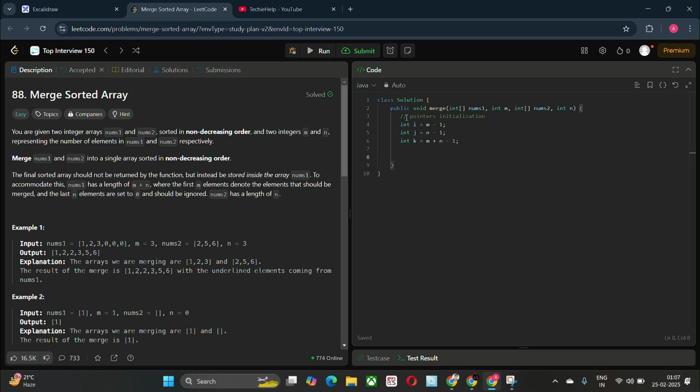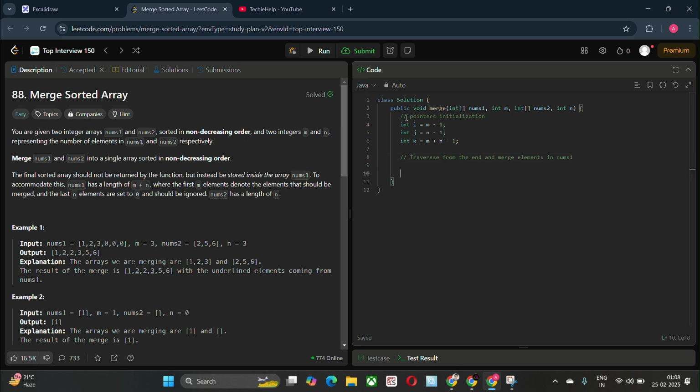Now traverse from the end and merge elements in nums1.